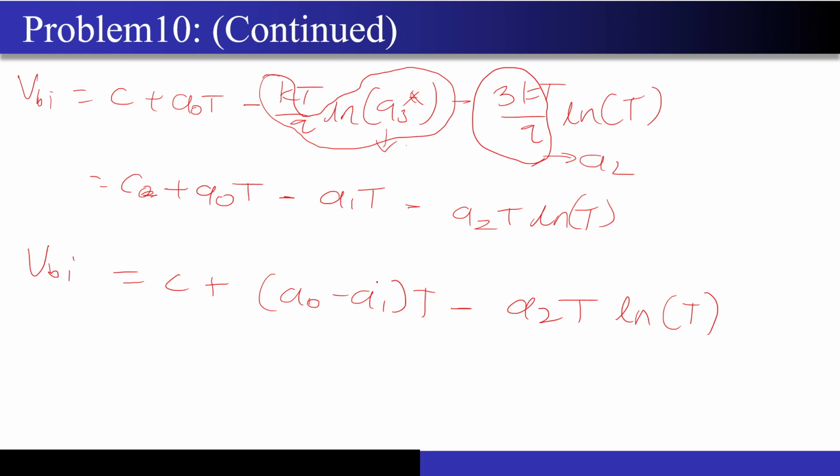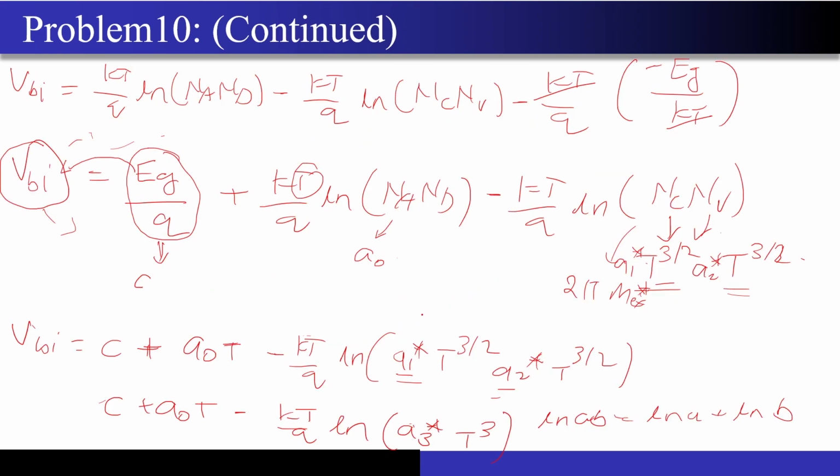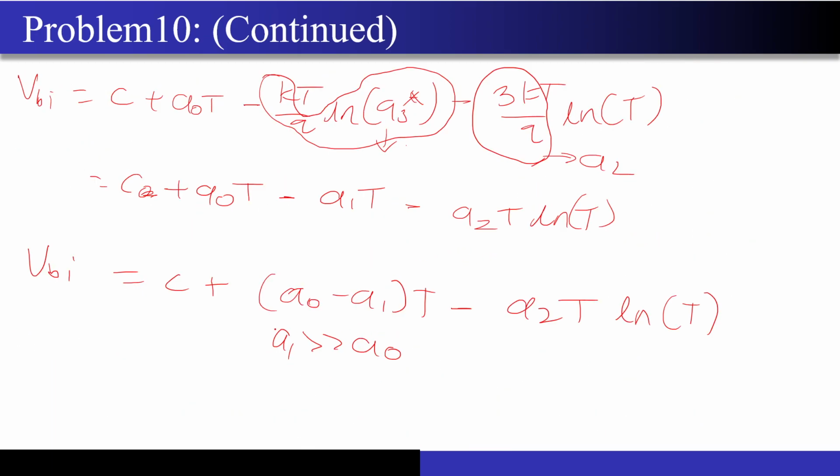Now I will just give this as a homework for you guys, and this will be very much easier. You have to prove that the value of a1 is much higher compared to a0. This is just a simple homework for you. I won't be proving this because it will become too long over here. So now what is the purpose of doing this?